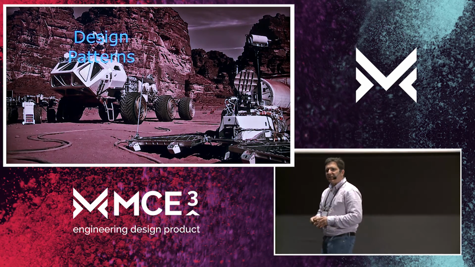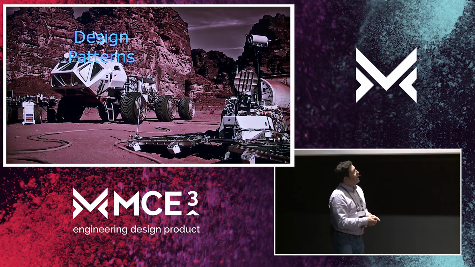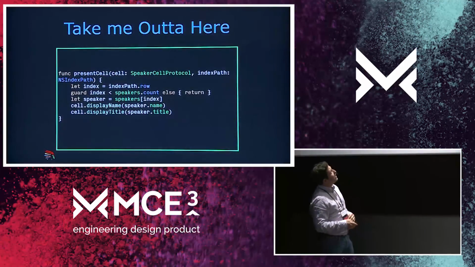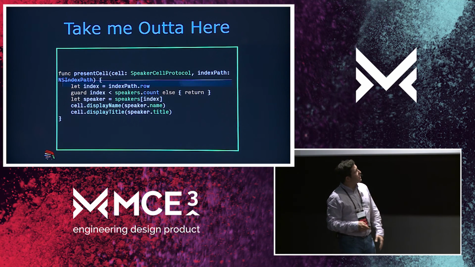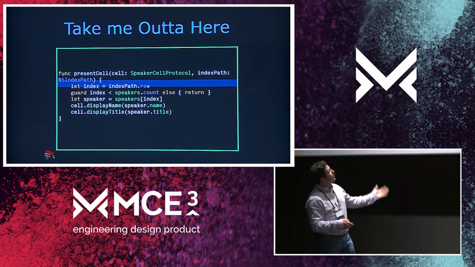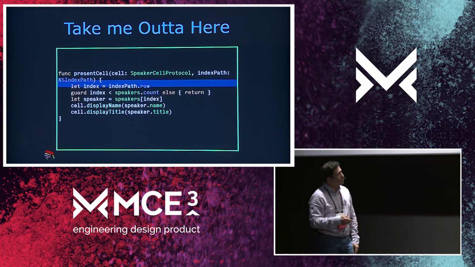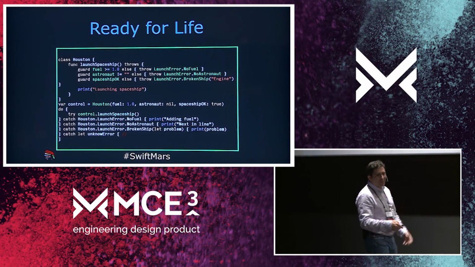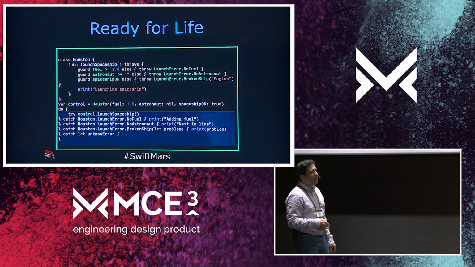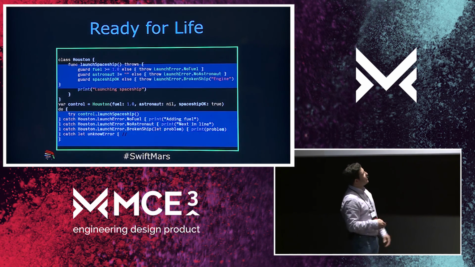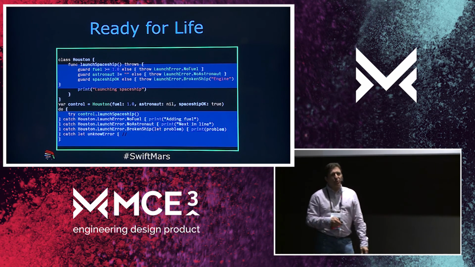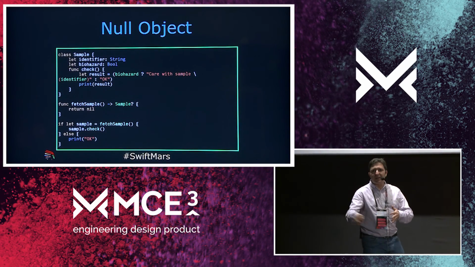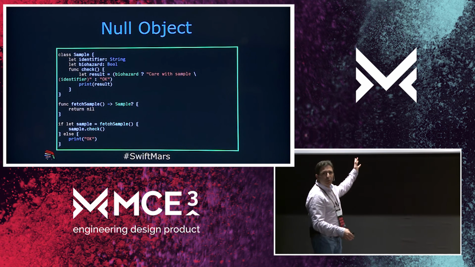Okay. I will be fast with the design patterns because we don't have much time. I just want to mention a couple of them. When I'm talking about design patterns, I'm not talking about how good the new features of the language are. We already know that. I'm not talking about error handling in Swift because we already know how to handle errors, and that helps a lot with the new code that we are writing. But I'm actually referring to design patterns like the ones that you find in the Gang of Four book. In this case, I'm mentioning the null object.